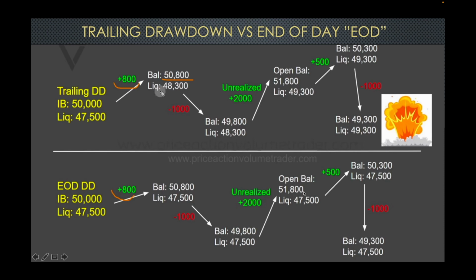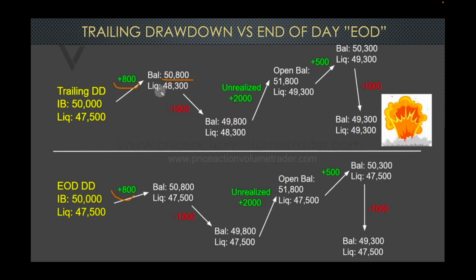Which one's better? Personally, I really do like the end of day drawdown, but in the majority of prop firms, if they give you an opportunity to pick between the end of day and trailing drawdown, the trailing is always going to be cheaper to purchase than